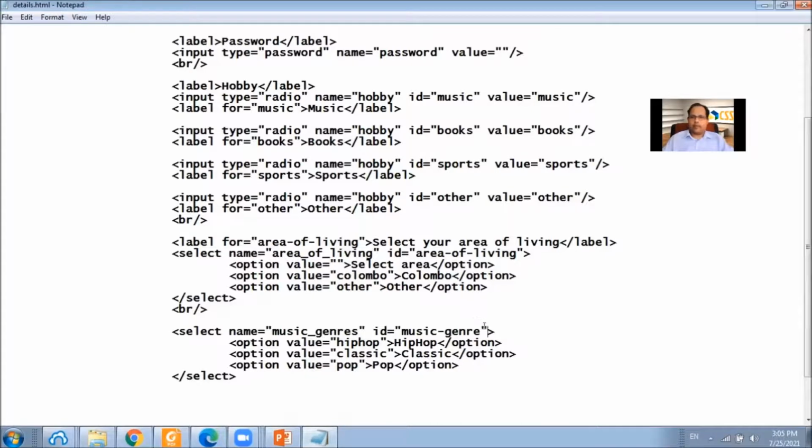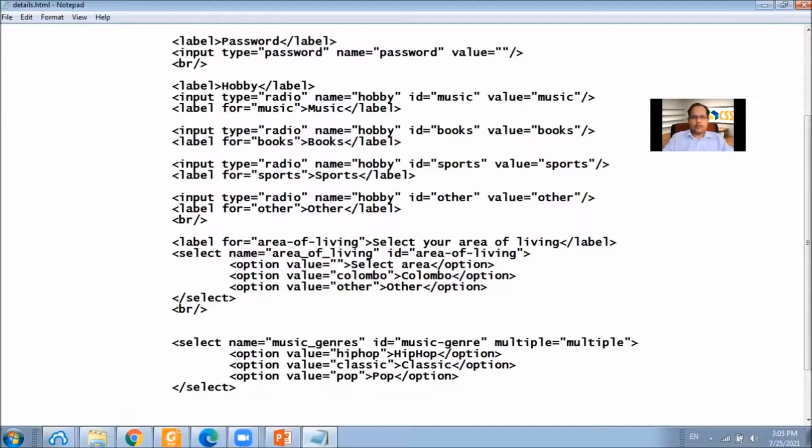To enable multiple selection, we have to define the multiple attribute. And also we will give a label for this element.